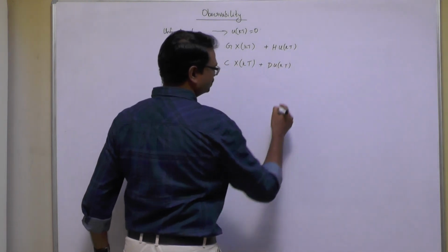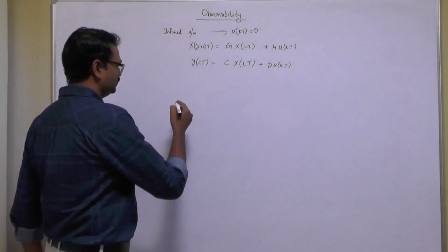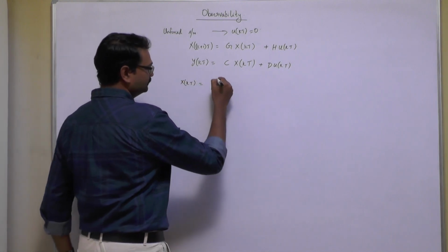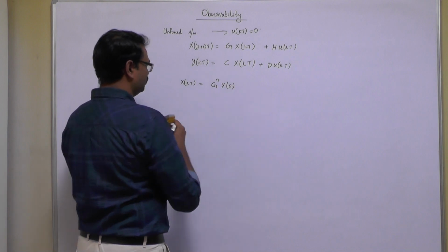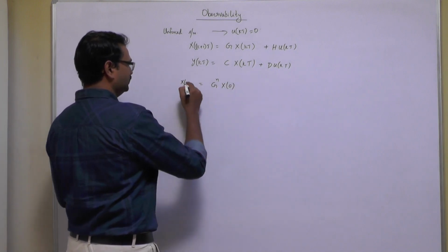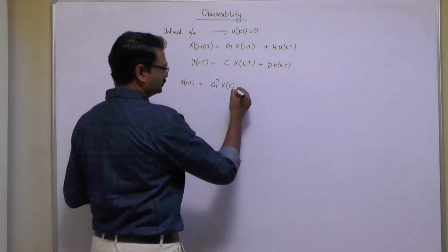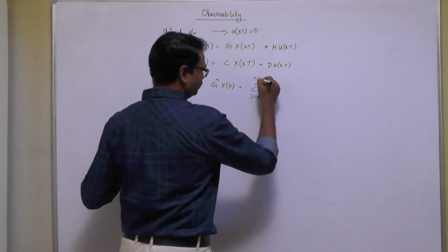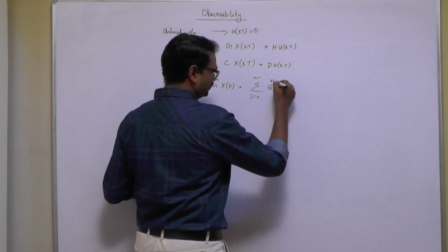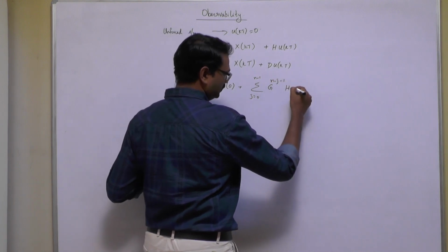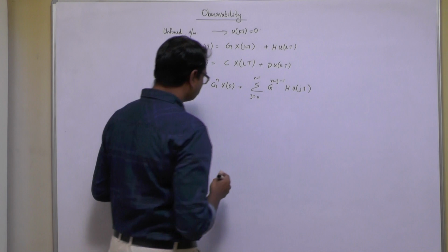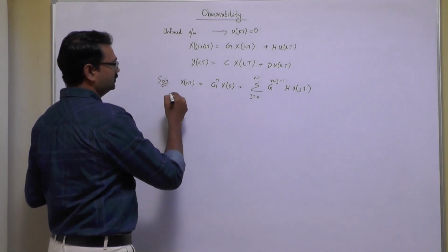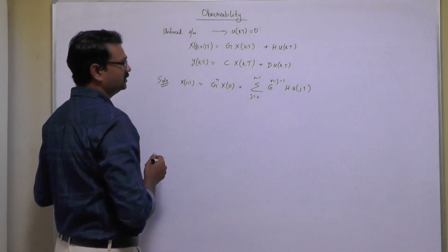If we consider this system, let us say we know the solution of the state equation, x of kt is equal to g power n x of 0, or I will consider this as x of nt. X of nt is equal to g power n x of 0 plus sigma j is 0 to n minus 1 g power n minus j h u of jt. Right. Now this is the solution of this state equation, and this state equation, when substituted in that, we will